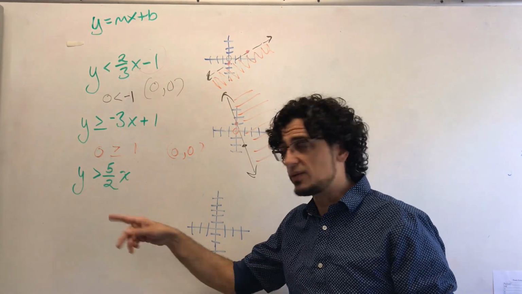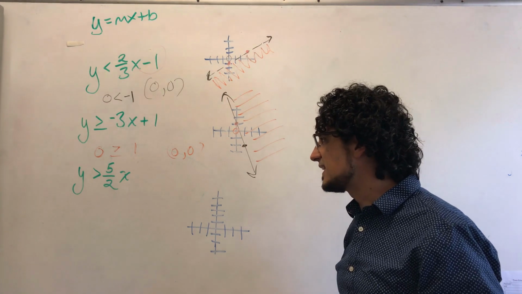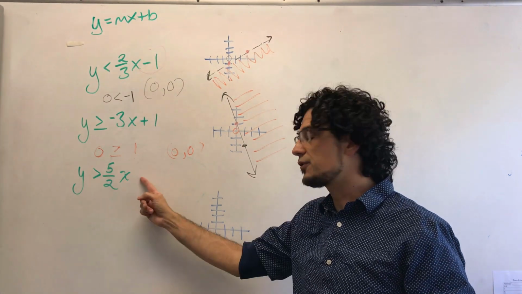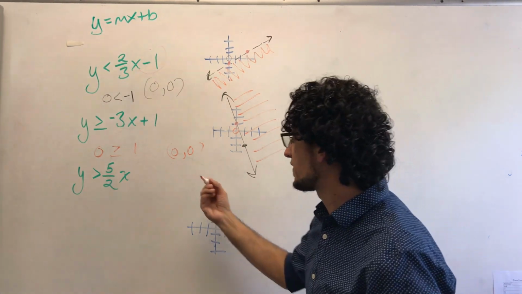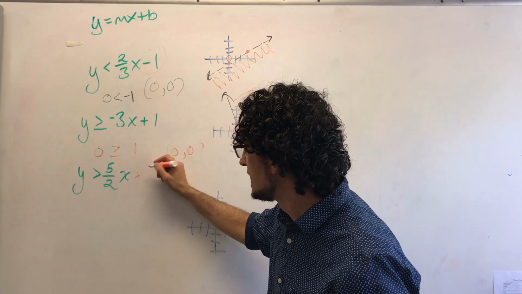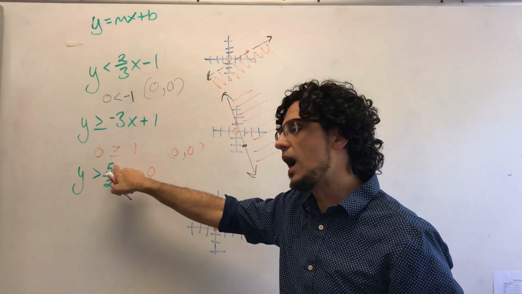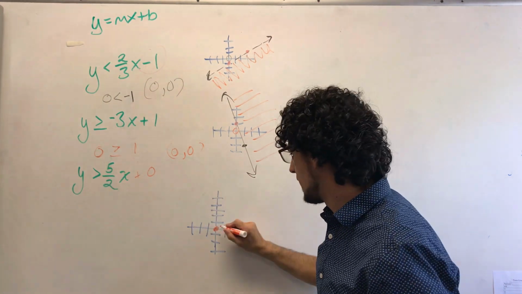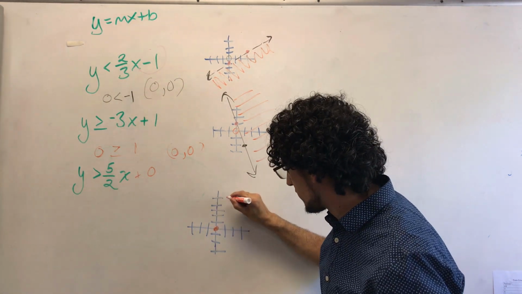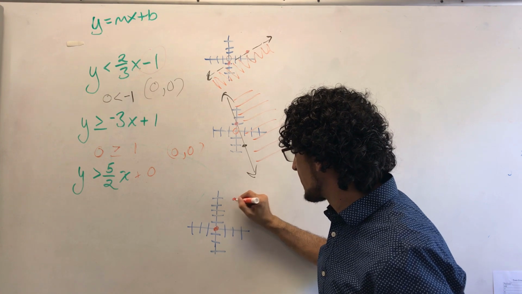So let's move on to the next one. The next one, again, how do we begin these? Well, we start with the y-intercept. Oh, there's no y-intercept. So it's going to run through the origin. So I'm going to go ahead and plug in. It's going to be 0. And then I go up 5 over 2. Up 1, 2, 3, 4, 5 over 1, 2. And then in this case,